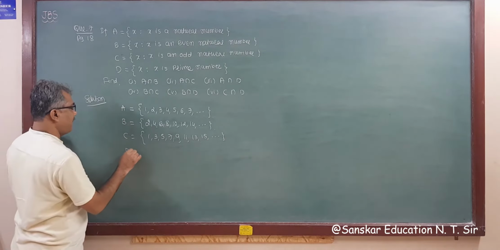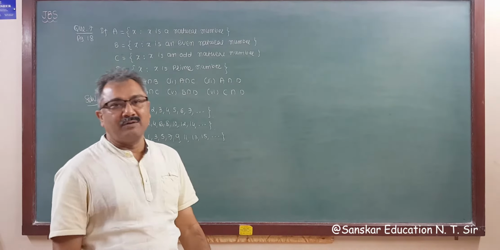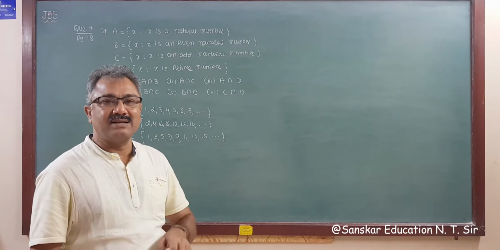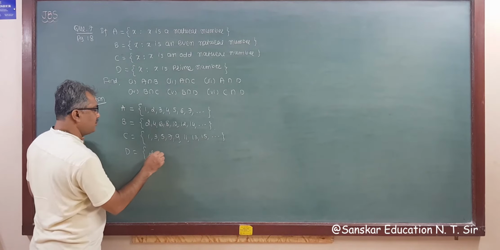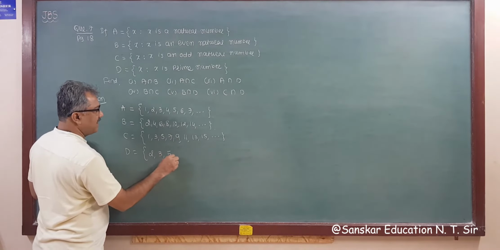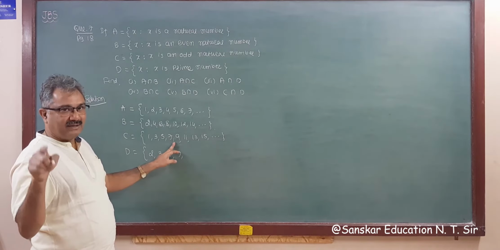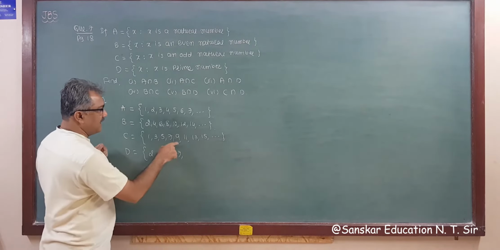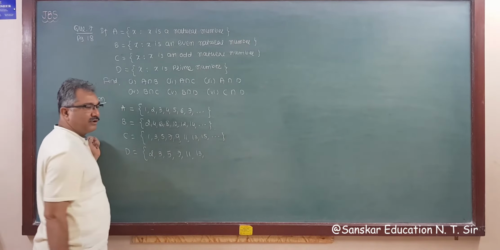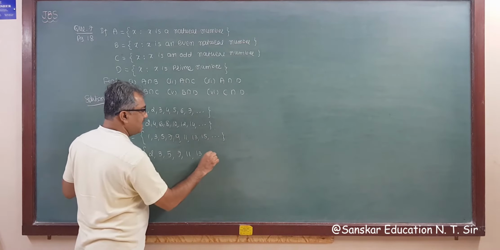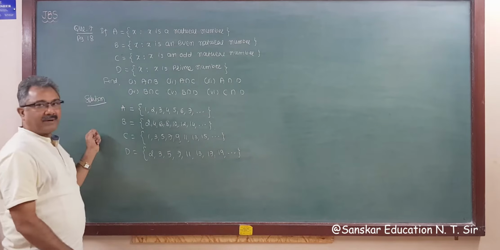And D is a prime number, and a prime number means a number which has only two factors, that is, the number itself and 1. So the first prime number is 2, then 3, 5, then 7, not 9 because 3 threes are 9, and 1. So 1, 3 and 9 are factors. Then 11, 13 are included, 15 is not. Then 17, 19, these are prime numbers.